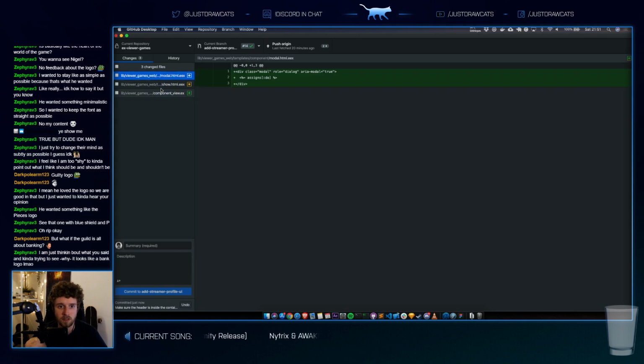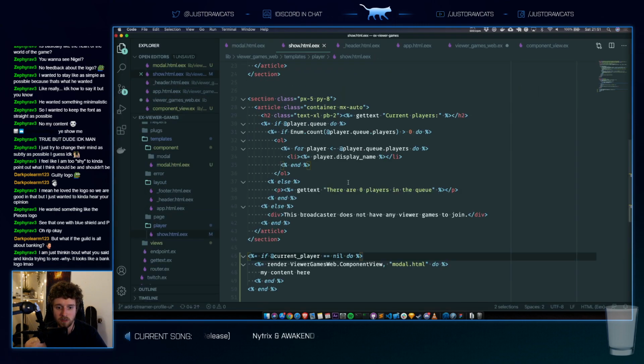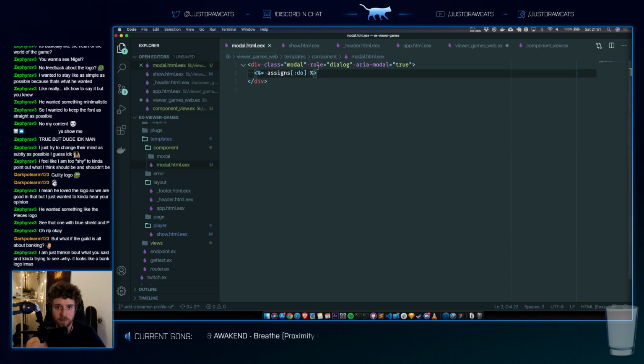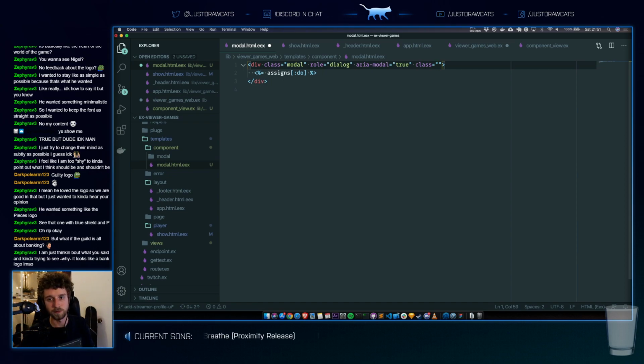Okay, so I have a modal component. Let's style this modal. So when this renders, let's immediately consider that this thing is open. So let's add a JS class on it because eventually I will need to.